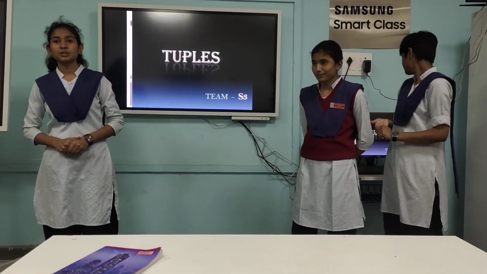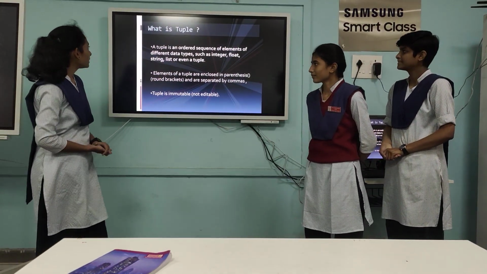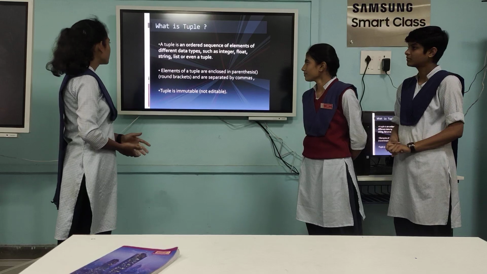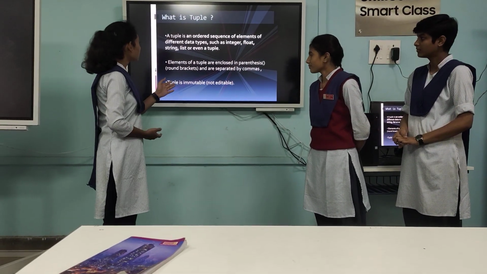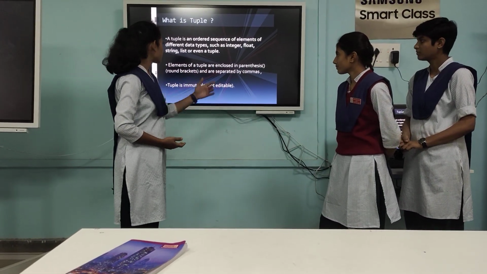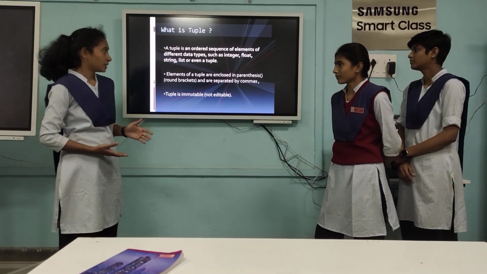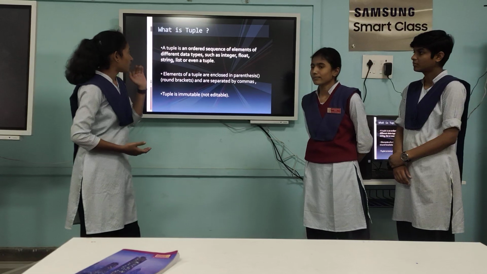Today we are discussing the topic tuple. So let's start. So what is a tuple? A tuple is an ordered sequence of elements of different data types such as integer, float, strings, list, or even a tuple. The elements of a tuple are enclosed in parentheses, that is round brackets, and are separated by commas. A tuple is immutable, or non-editable, which means a tuple is a sequence in which you can insert